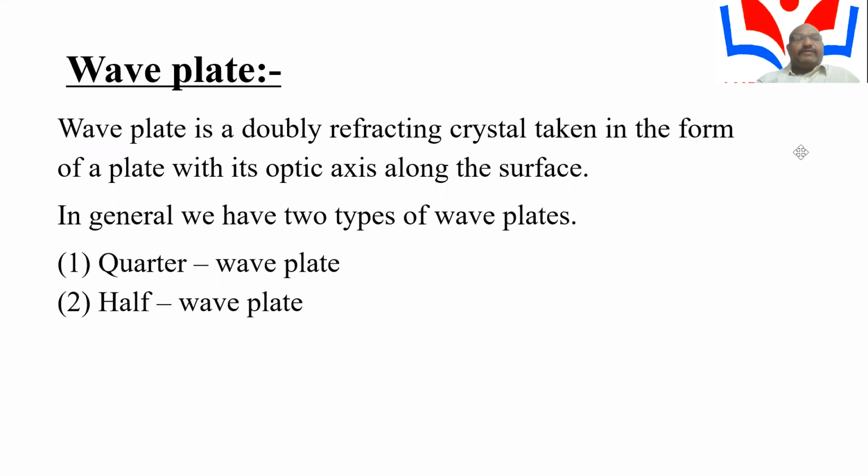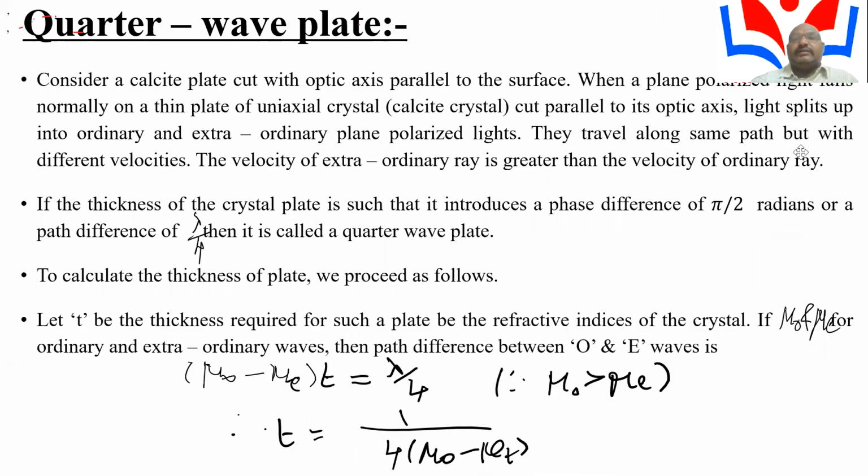Now wave plates. A wave plate is a doubly refracting crystal in the form of a plate with its optic axis along the surface. Generally, we have two types of wave plates, the quarter wave plate and the half wave plate. For the quarter wave plate, let us consider a calcite crystal cut with the optic axis parallel to the surface. When plane polarized light falls normally on a thin plate of a uniaxial crystal,